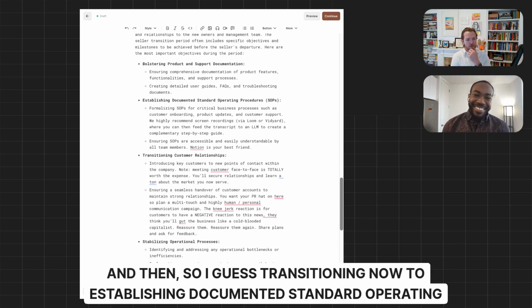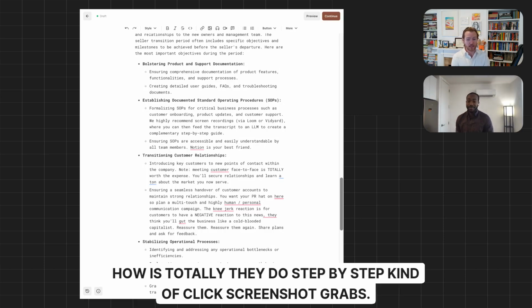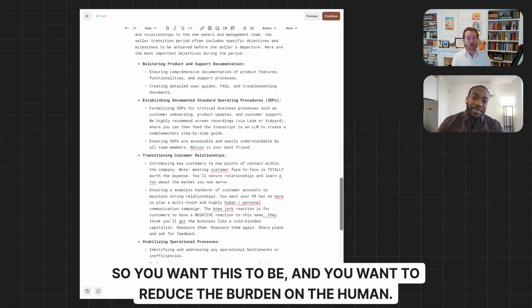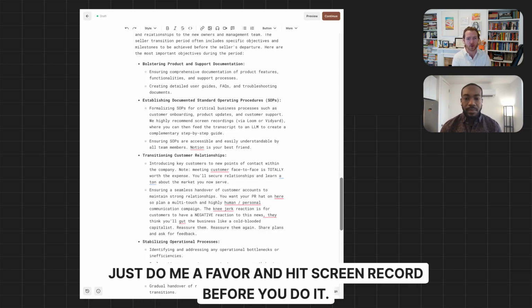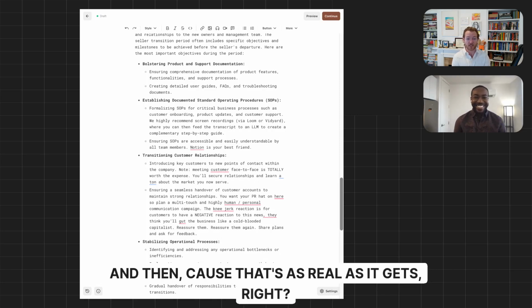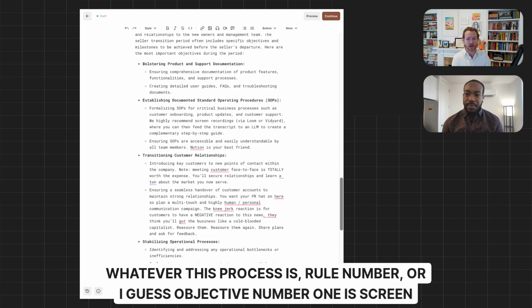And then, transitioning now to establishing documented standard operating procedures. Vidyard and Loom are your best friend, because you want to Scribe how it's done. They do step-by-step click screenshot grabs, and you want to reduce the burden on the human. So it's like, hey, just do what you do. Just do me a favor and hit screen record before you do it, because that's as real as it gets, right? And then just say, hey, if you wouldn't mind thinking out loud as you work through whatever this process is,